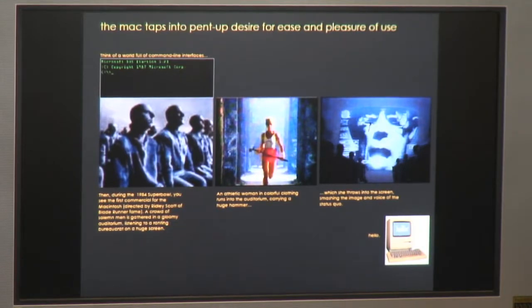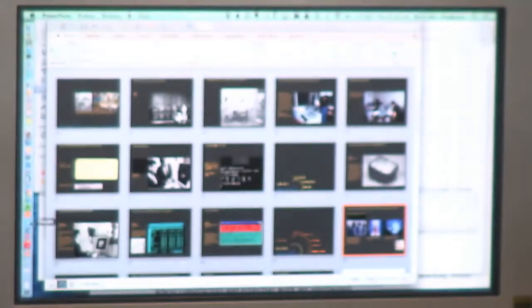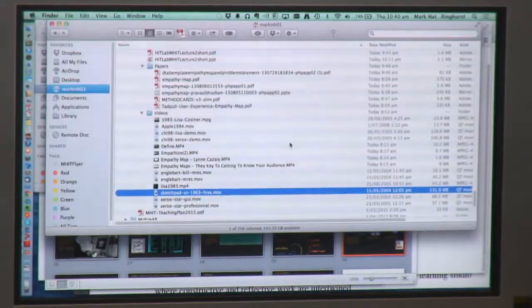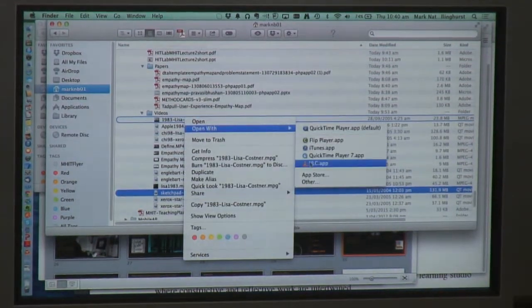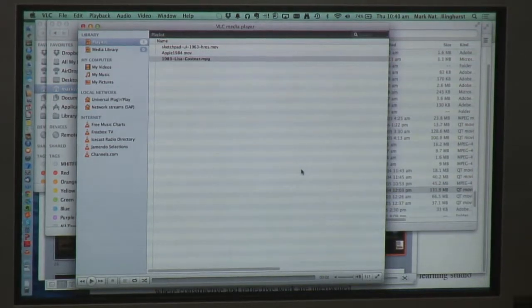And it's interesting to watch some of the early advertising. One of the things that's sometimes interesting to remember is that when people started using the Mac, many people didn't know how to use a mouse, and of course today it's very common knowledge. And so some of the early advertising looks a little bit strange. Let me show you an example of one of those ads. There's a very famous actor in it.